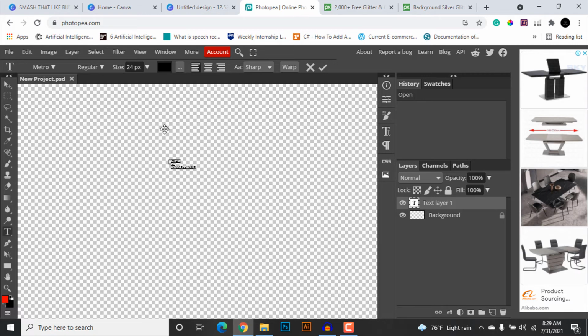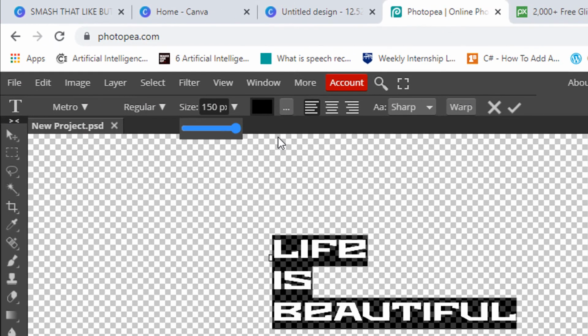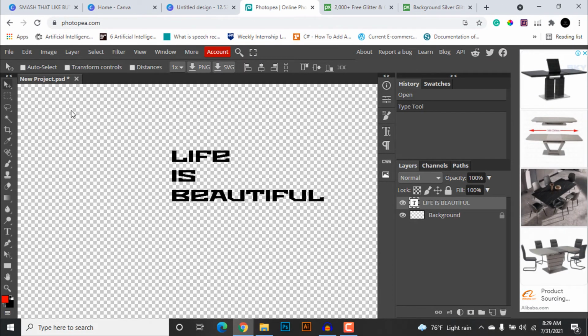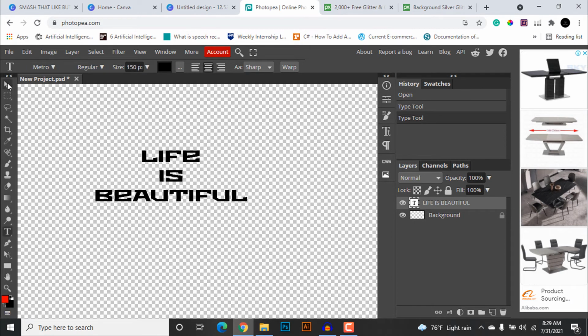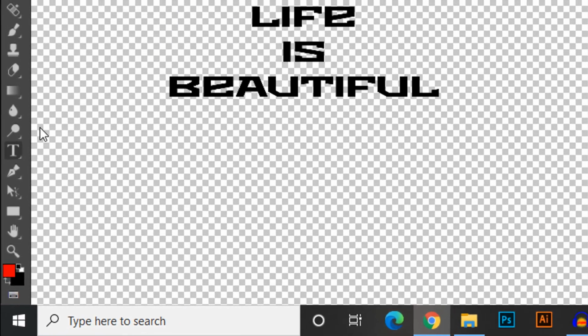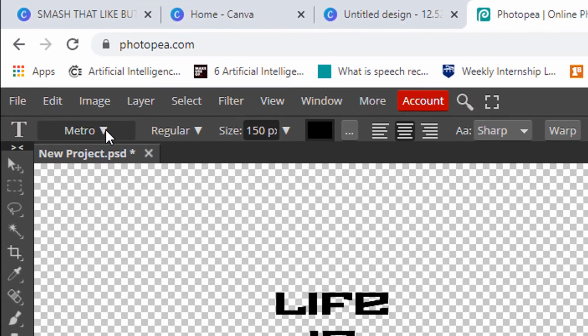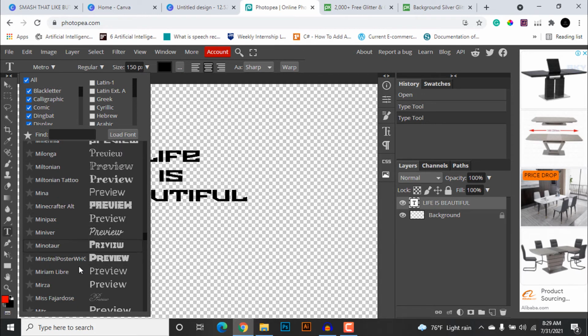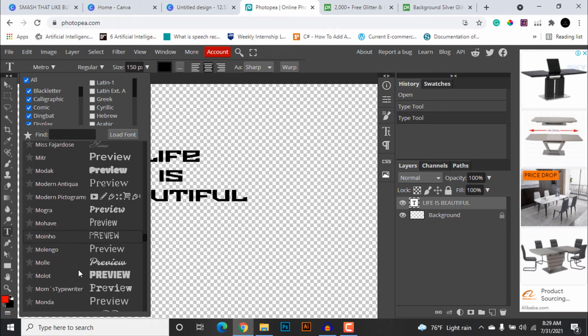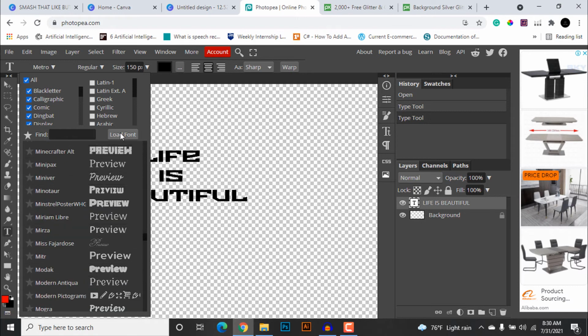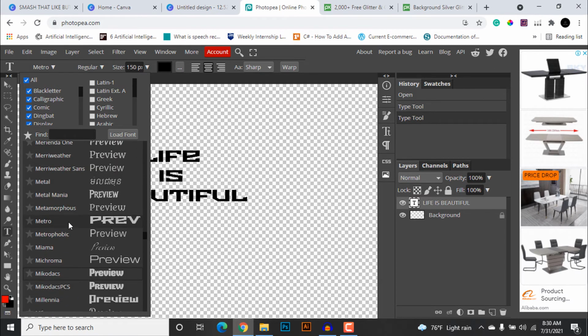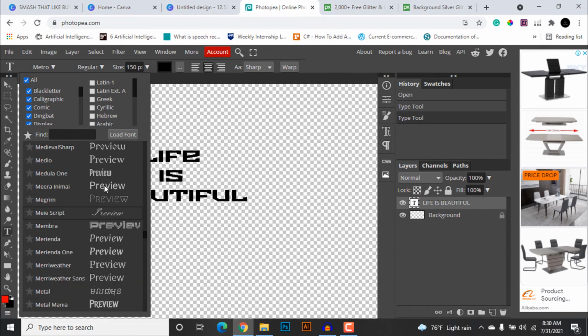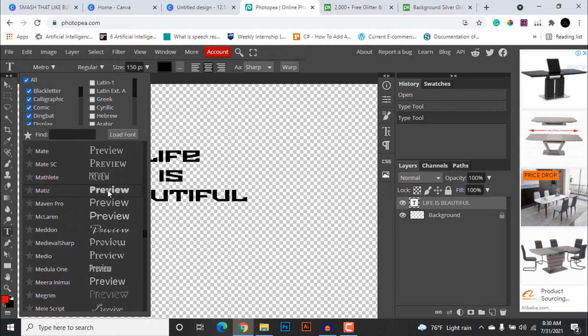The text is currently not visible because it's at a very small size. So let's increase the size and let's align our text. So after we have added this text here, we can go to this text tab and we can select various different fonts that we would like. Various display fonts are available here. Various script fonts are also available. You can select your fonts according to your needs. Also, you can load your font from your computer. So this is a really good feature that this website has got. So for this tutorial purpose, let's select this font.